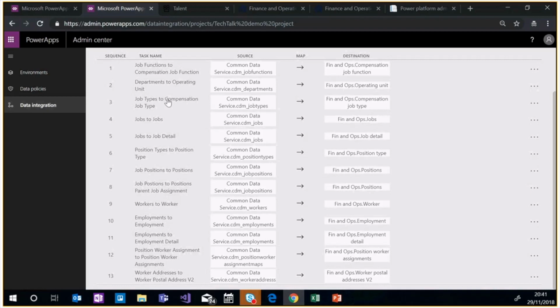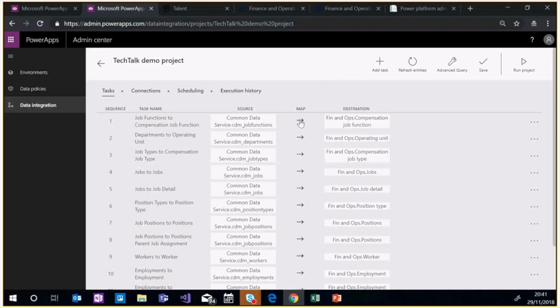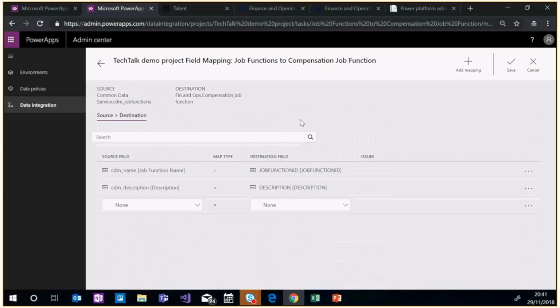So from each entity, you can go one step further, and you can see the actual field level mapping. So what we can see here is for the job functions, we have job function name from CDS mapped to job function ID in finance and operation, and we have the same for description. So as you can tell, this is a basic mapping, but from the same form, you can do more complex